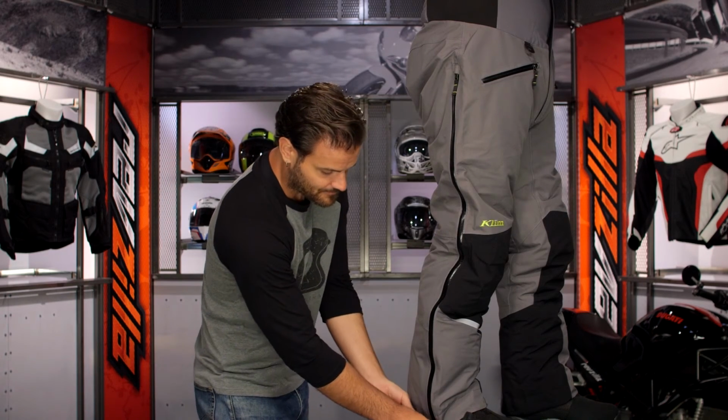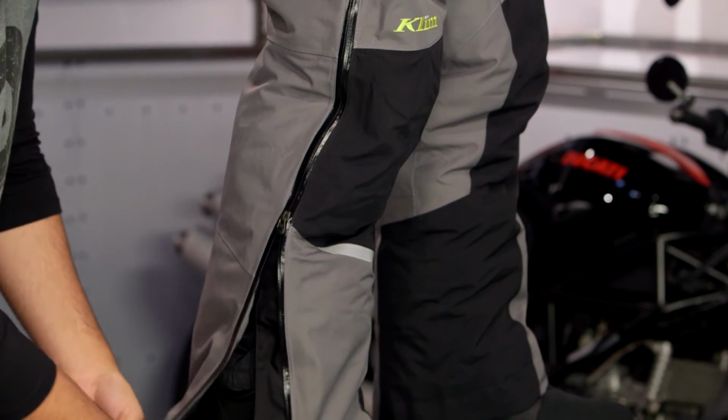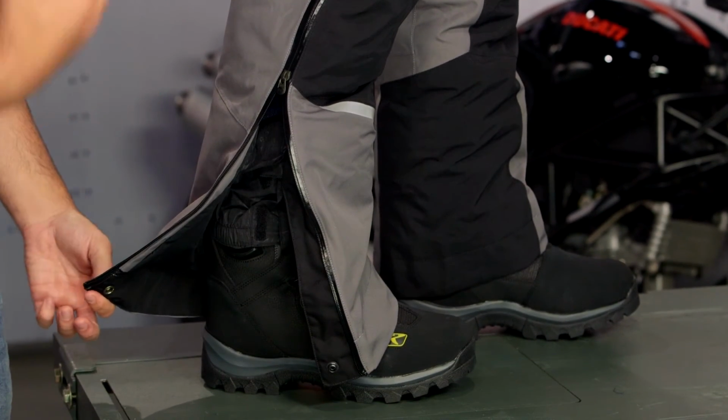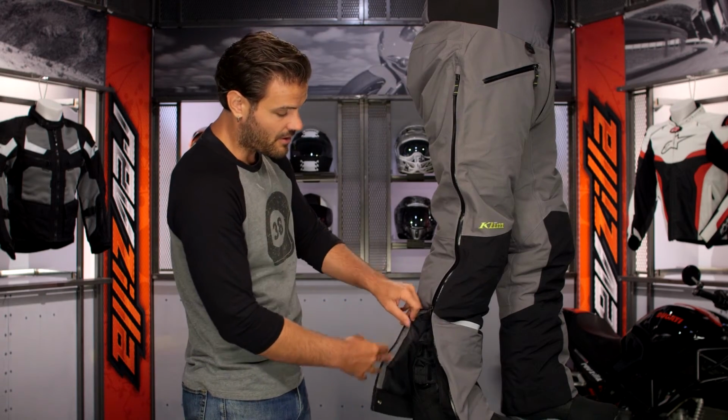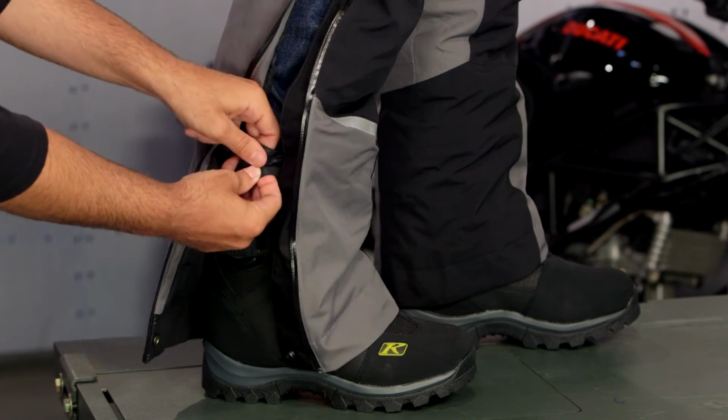From the bottom, and you can see Buzzsaw is wearing the matching Klim snow boots with this. Because of the fact that this is a full zip, you can get this on and off with the boots already on, so you don't have to worry about taking the boots on and off to get your bib on and off. And as we open this up, you'll notice there is going to be a snow cuff on this,